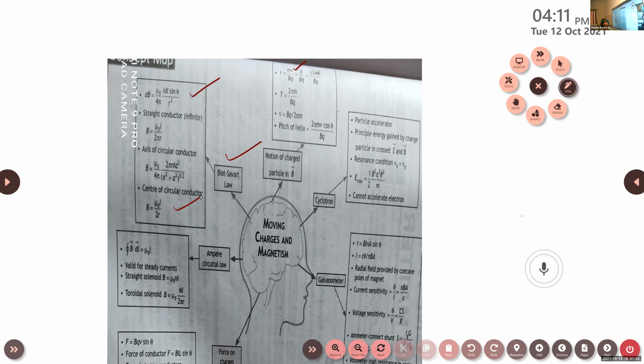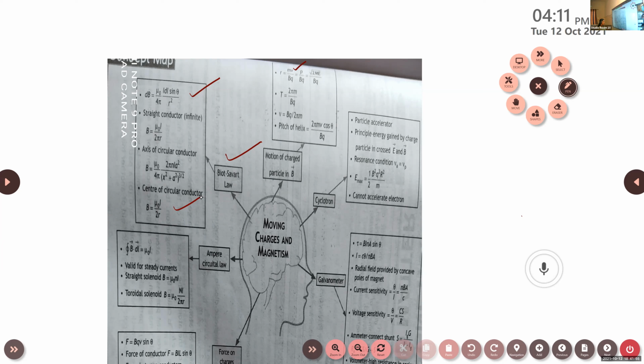Ampere's circuital law: the magnetic field along any closed path is equal to mu 0 times the current flowing through, the current passing through that conductor. And this Ampere's circuital law is valid for steady current, and for a straight solenoid, the magnetic field B is